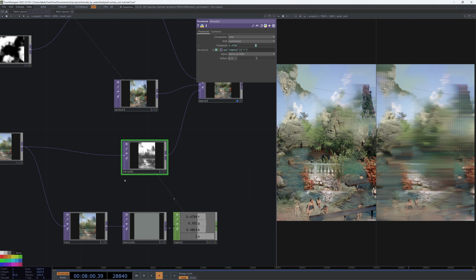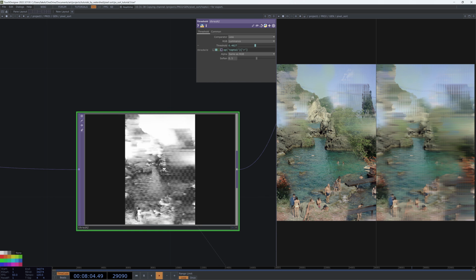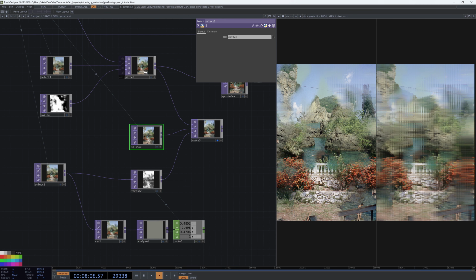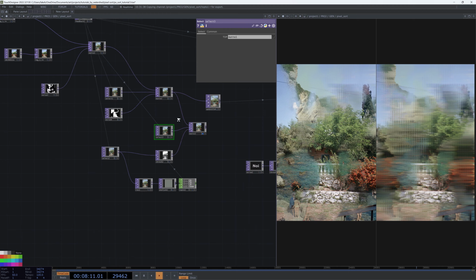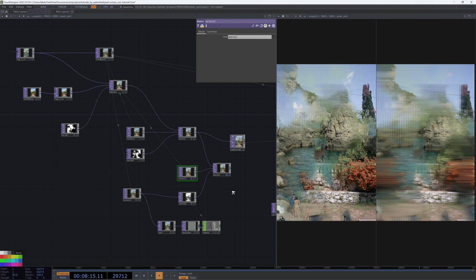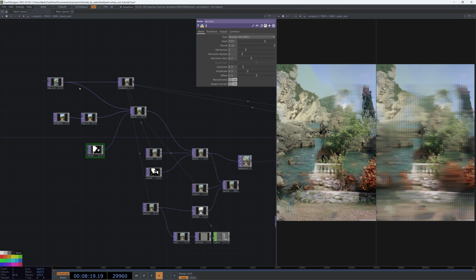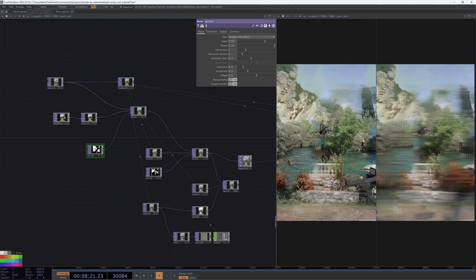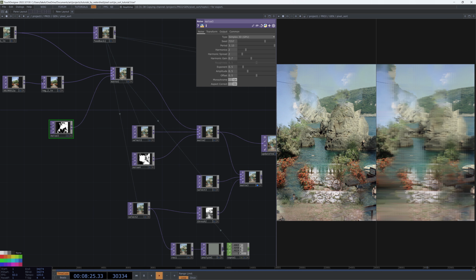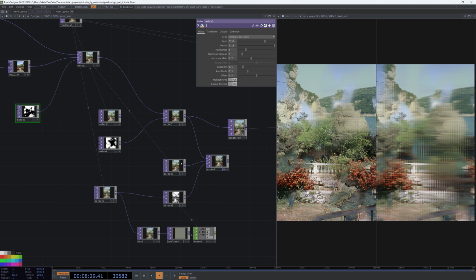And this way, our threshold will be the average of whatever our image is. So we're basically just going to say whatever is above average, we're going to pull from our matte 2, and whatever is below average, we'll pull from matte 1. The way that I think about this is if matte 1 is using this noise to select between our image 1 and image 2, and matte 2 is using a separate noise to select between a feedback and the output of our first matte, we're really